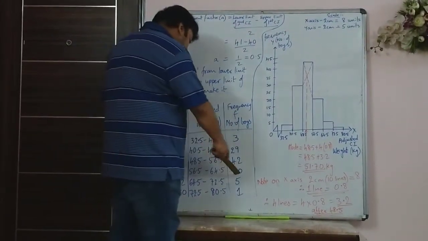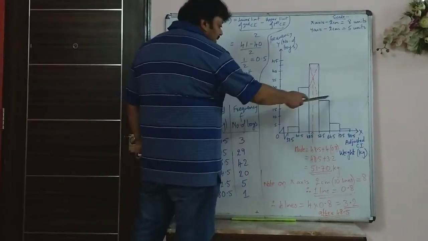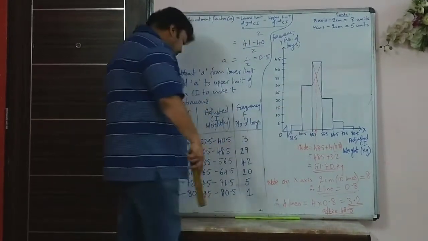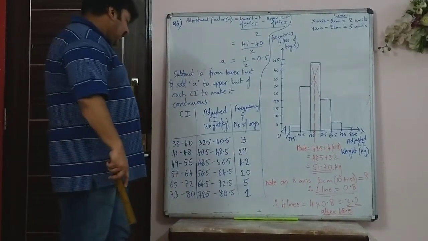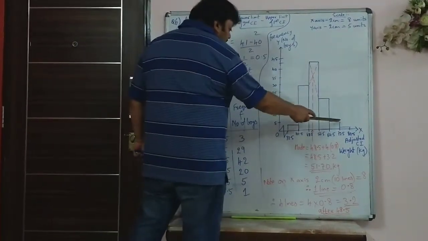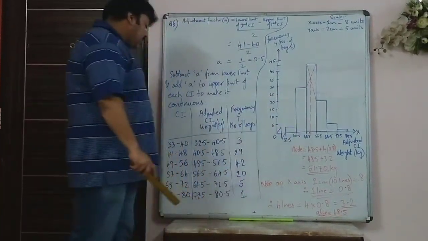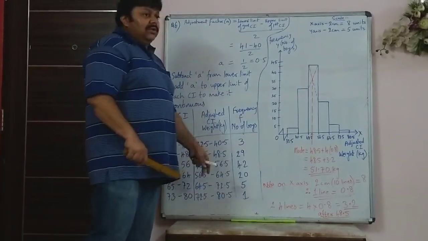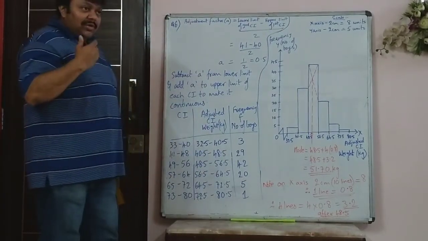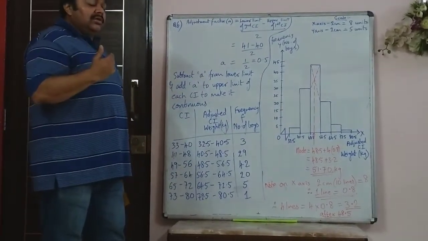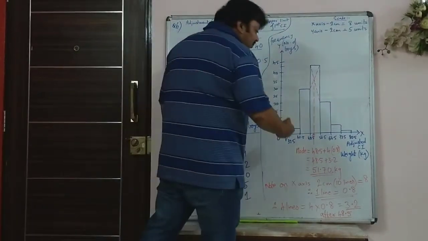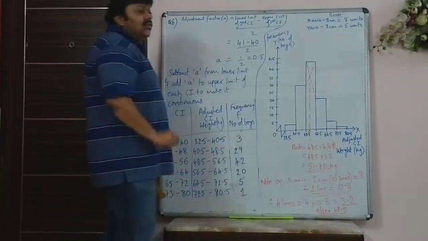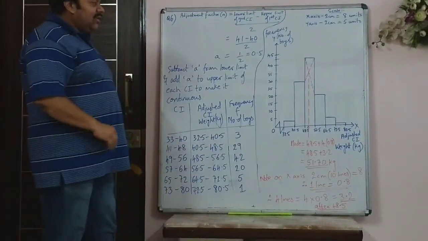Then the next one is 20, which is exact. You can draw it because 56.5 to 64.5 is exactly 20. And then you have 5, which is again an exact marking, 64.5 to 72.5. You're taking the adjusted class, and the last one is 1. So 1 will be how many lines above the base? It will be 2 lines. One line above the base is 0.5. So 2 small lines above the base will be 1, 0.5 and 0.5, that is 1.